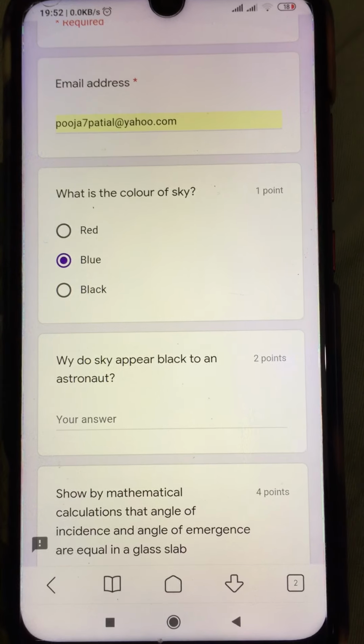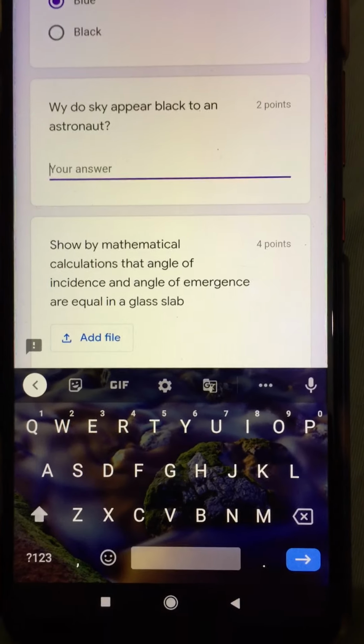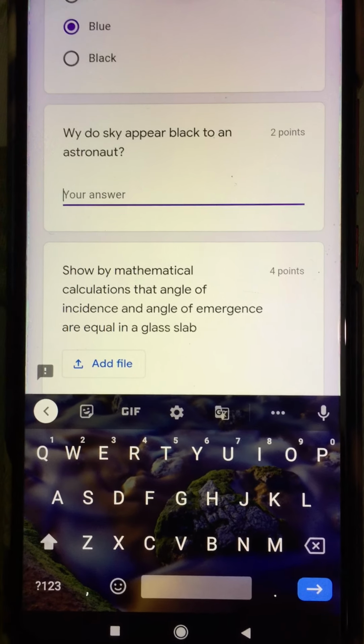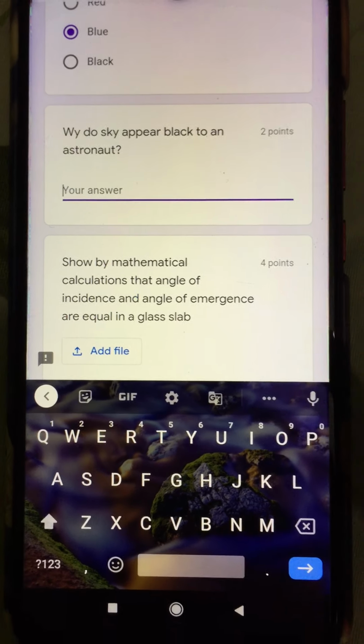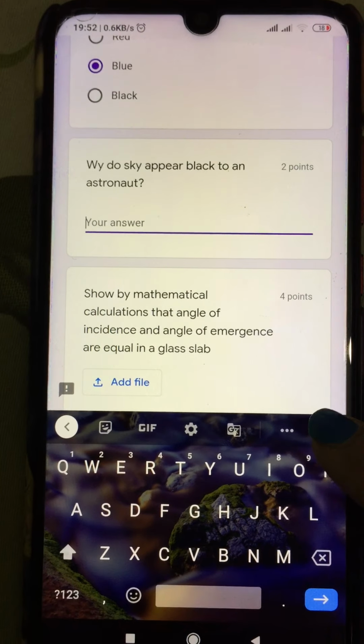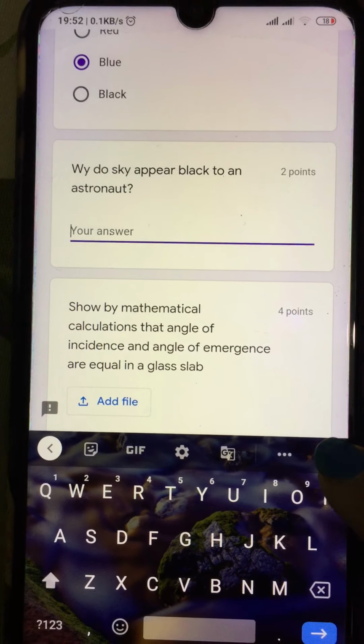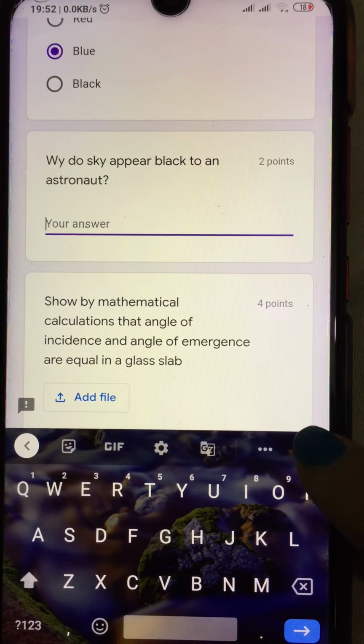But if you have to type it on your phone, then you can take advantage of Gboard, that is Google Keyboard. Here you can use the option of the speaker, like when you speak something, it will automatically write. Like here, if I click here, I'll try to speak the answer, then it will write here. Okay, just look at this. When I click the speaker,